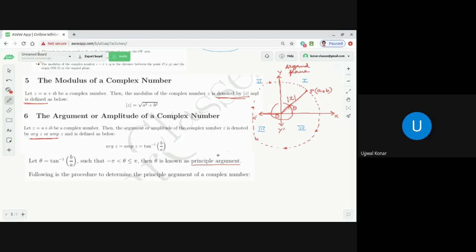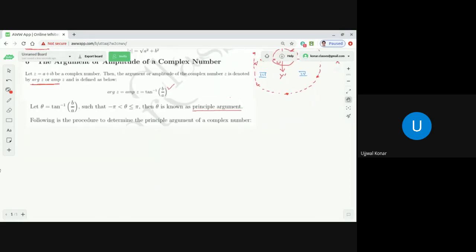Now, what we are discussing is that if the complex number is in the first quadrant, that means both the real part and imaginary part are positive real numbers. That means a plus ib, when both a and b are positive real numbers, then it is very easy. As you see, tan inverse of b by a, the fundamental definition I have given, that argument of z or amplitude of z is equal to tan inverse of b by a. But as I just said a few minutes back, from my experience I have seen there is not a very clear definition for each of these cases. Then how do we find it out?